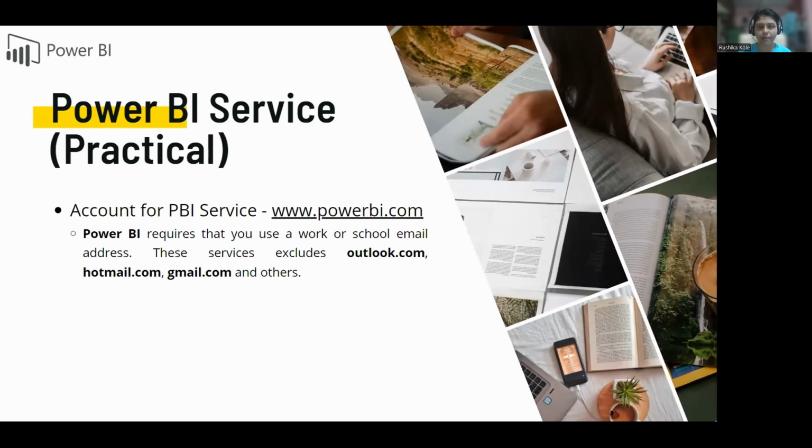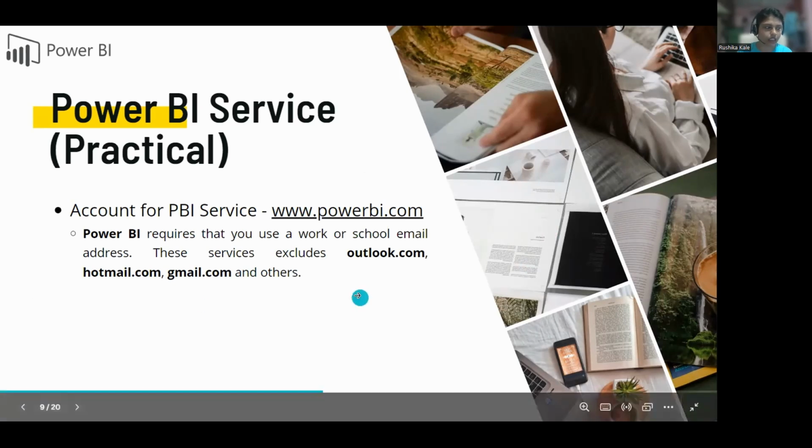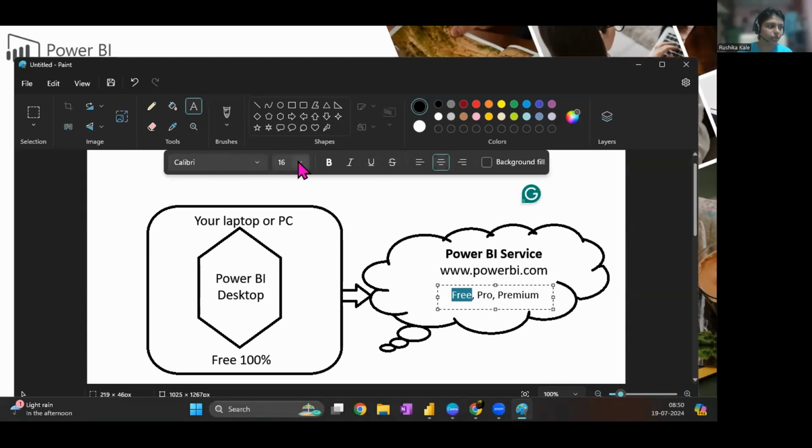It doesn't happen with Google Drive, but it is going to happen with Power BI desktop and Power BI service. The one thing we need between the two is a connection. That connection is with respect to the email ID. So you need one common email ID to connect my Power BI desktop and Power BI service.